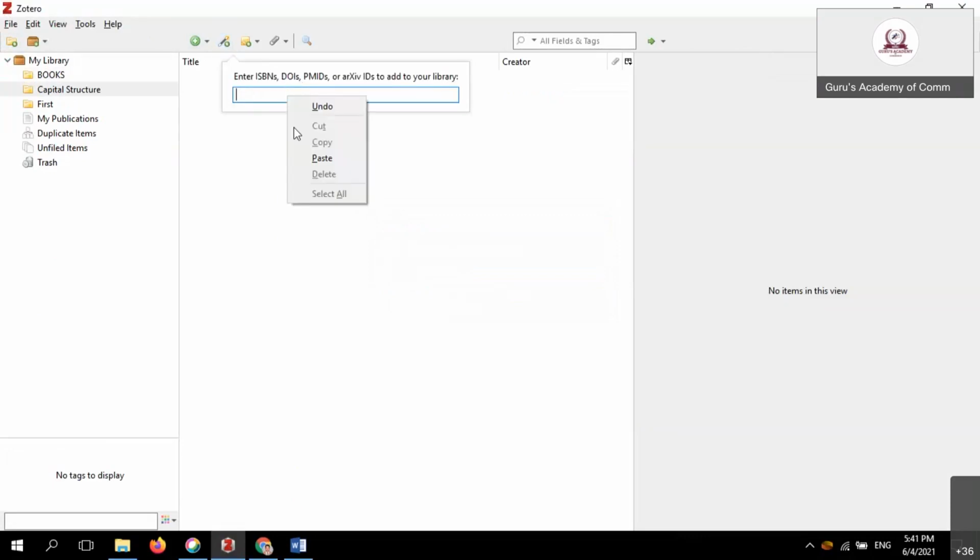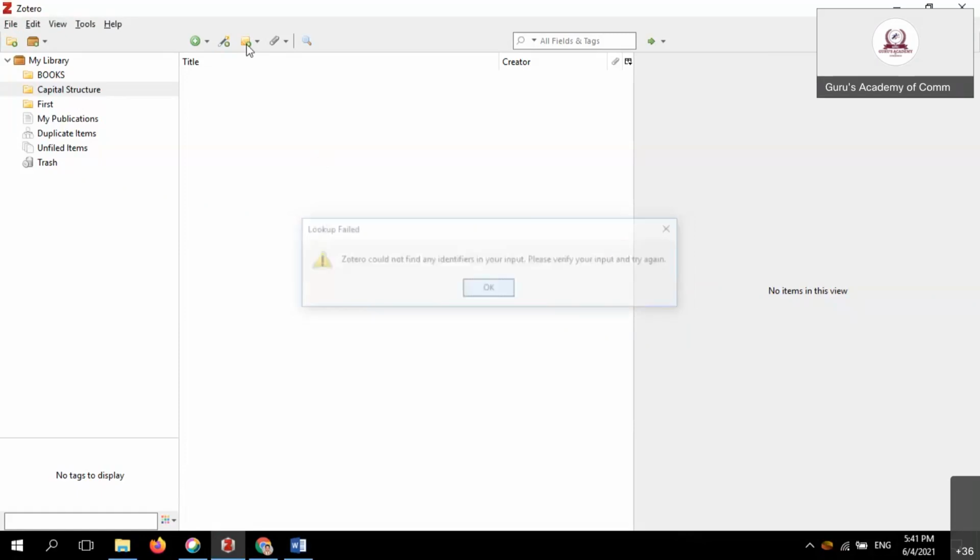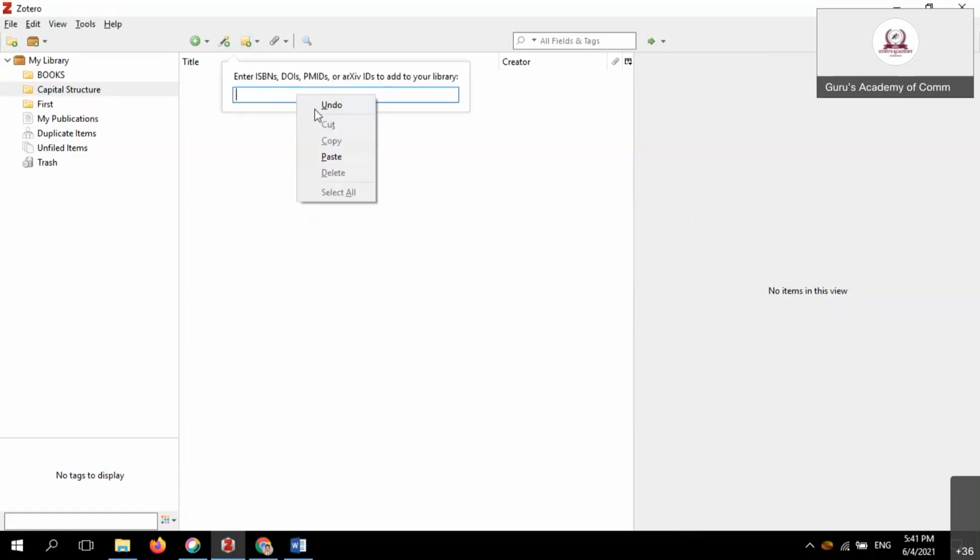Right click, paste. Where you copied from the journal, the DOI number is there. Simply copy the DOI number and give it. Simply touch enter. Okay, the DOI number is not properly done here, not linked, so don't worry.